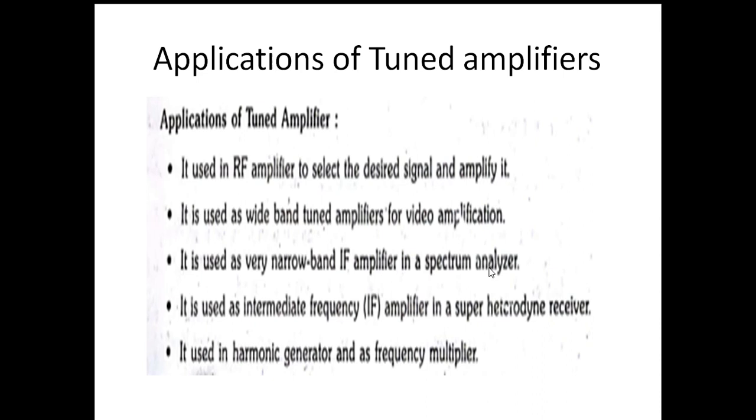Okay, so the staggered tuned amplifiers we have discussed, and the frequency responses of the single tuned amplifier, double tuned amplifier, and staggered tuned amplifiers are also discussed. The frequency can be selected at resonance, which occurs in the tuning circuits. So this resonant frequency can be calculated by designing the L and C values. Depending on the L and C values, the frequency can be selected. So the frequency f is equal to 1 by 2 pi under root LC.